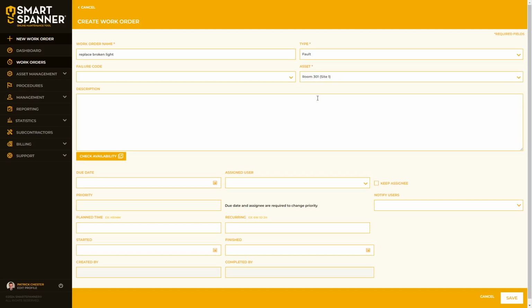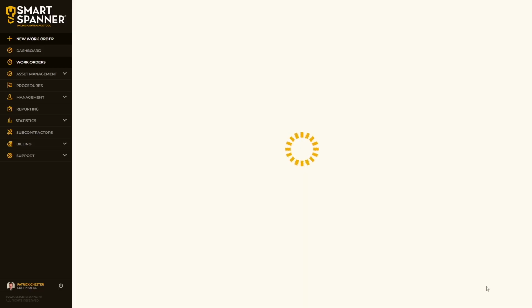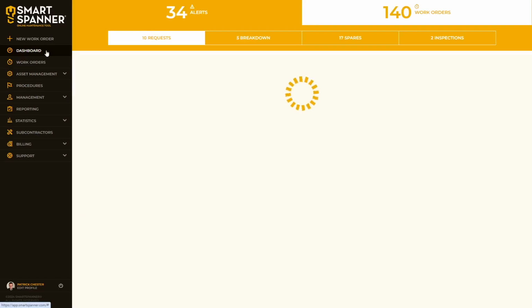So the description can be used to report a problem, or maybe a set of instructions, some additional information that you want to convey about this particular works order. I don't need anything in here because it's self-explanatory. And if I just press save at this point, that's the minimum information I need to create a works order in Smartspanner. We now have a unique ID,